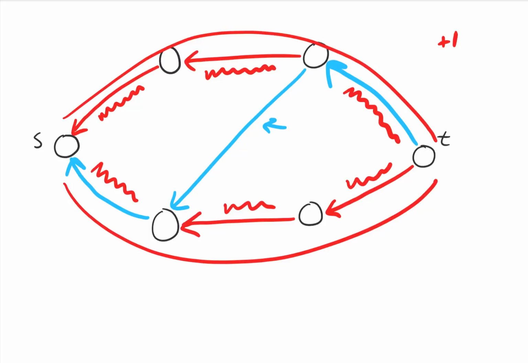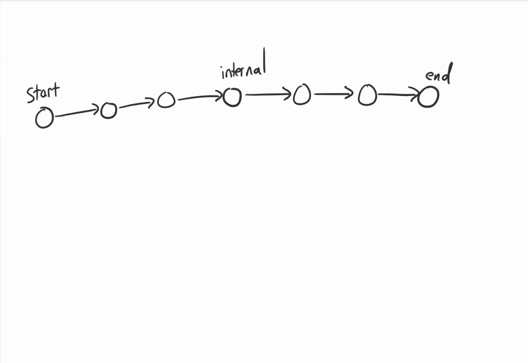But the thing to think about here is this could be a lot more complex. You could have several paths, stitching and unstitching, and it gets really confusing to think about. So let's come up with an easier way to think about this in terms of a path. Let's look at this path that I've drawn out here. There are two nodes at the start and the end of the path, and then we have these internal nodes.